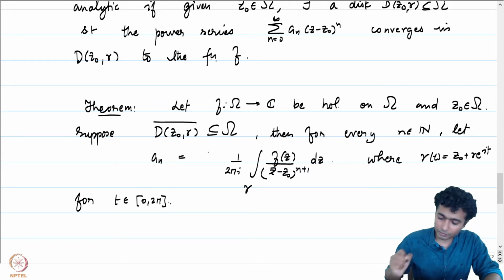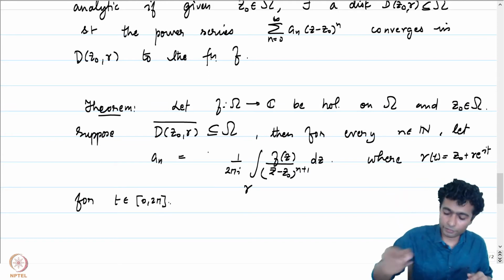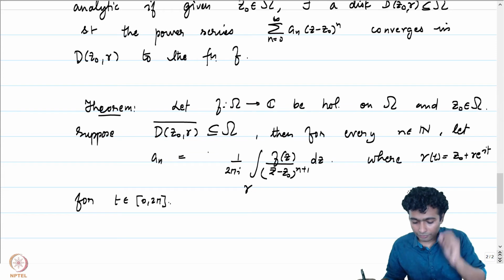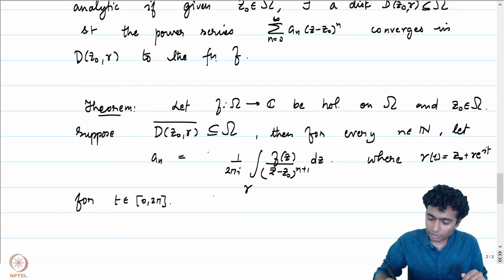Suppose gamma is the circle of radius r around z0, then define a n in this manner. Then